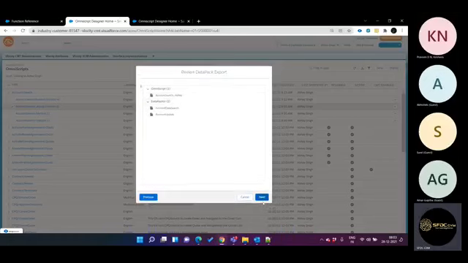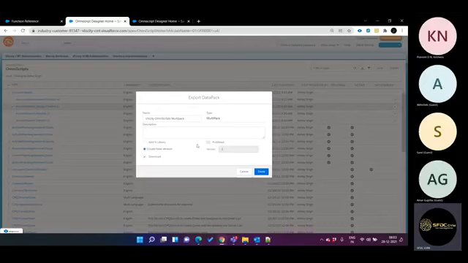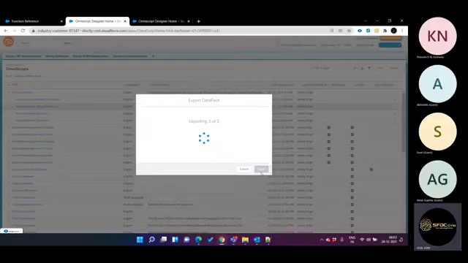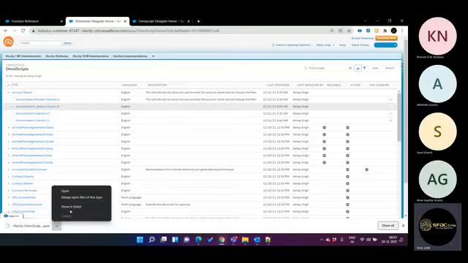Once you click next, it will again show you the things you want to install. Click next, and there you can say you want to install a new version, or change something, or add a description. You can do that, then click done, and it will give you the export. And if I open this exported file,